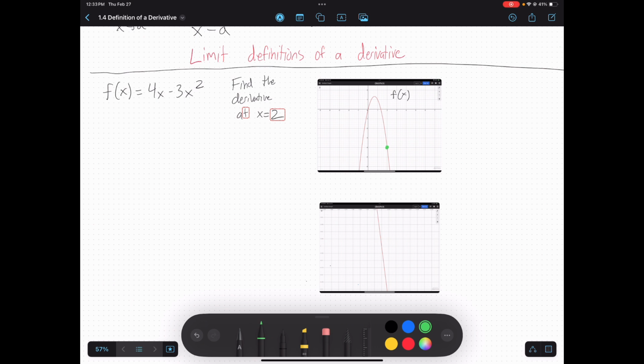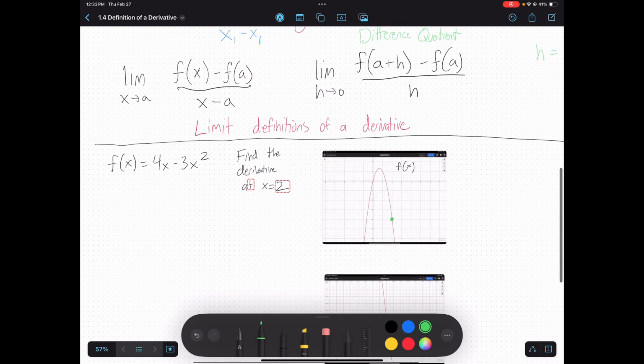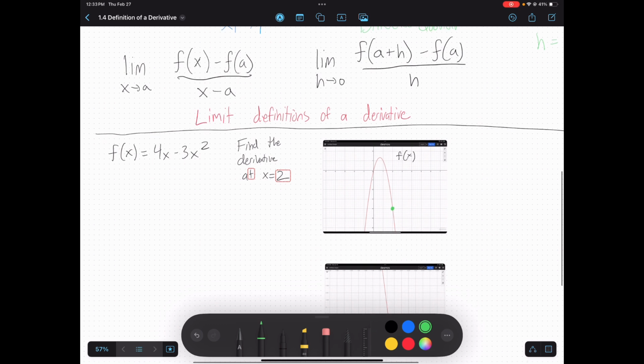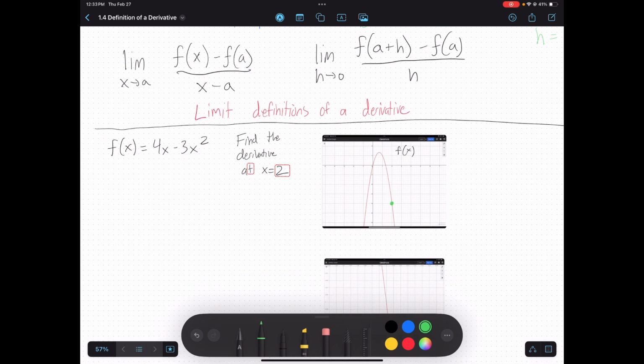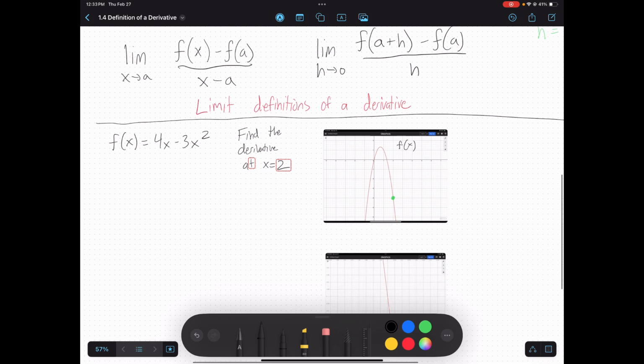But let's use one of my limit definitions to actually try and come up with this derivative, okay? I'm going to use the difference quotient, and you'll notice that I prefer the difference quotient. I'm going to use this frequently throughout chapter 1. Well, just chapter 1. You're welcome to try it using the other form, but I'm going to use the difference quotient. So if I use the difference quotient, I'm going to take the limit as h approaches 0 of,